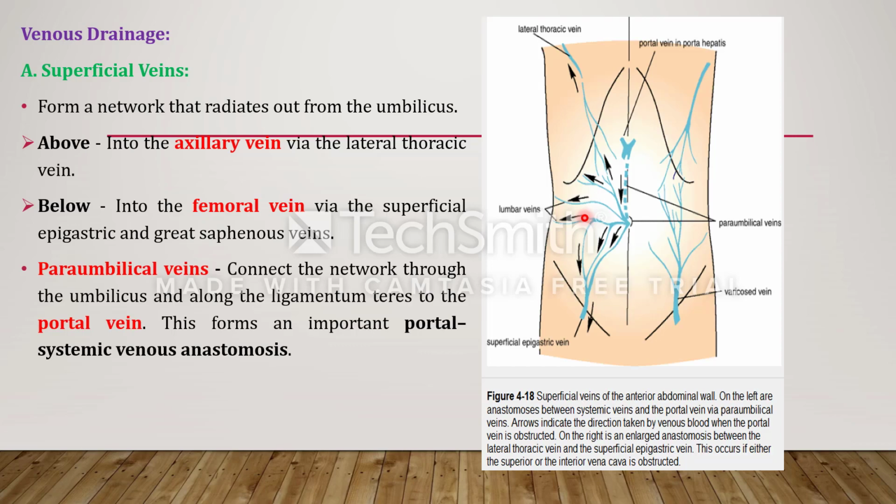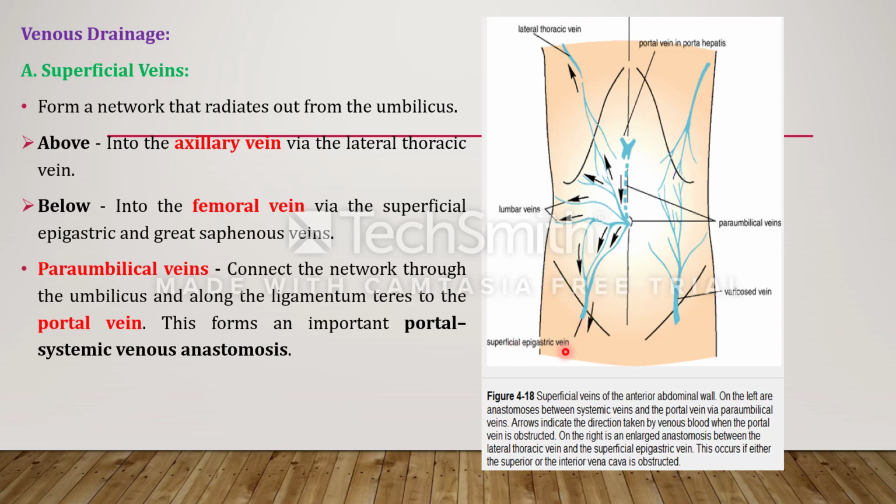Now what is the venous drainage? There are many superficial veins present around the umbilicus. This is the watershed line. All the veins above the umbilicus drain into the lateral thoracic vein. See here, this is the lateral thoracic vein. These are all paraumbilical veins draining the area above the umbilicus. They drain into the lateral thoracic vein, and through the lateral thoracic they drain into the axillary vein. And the area below the umbilicus, all paraumbilical veins,